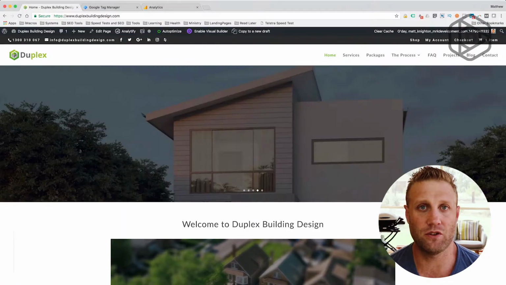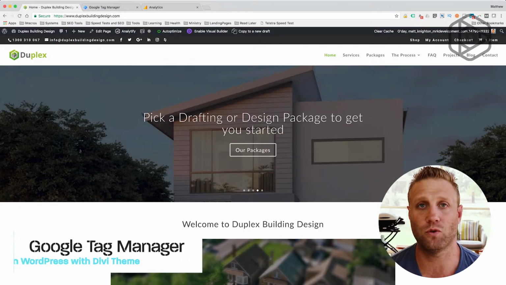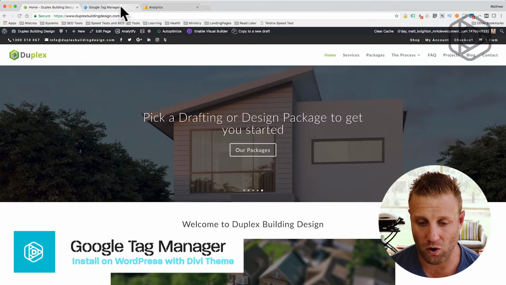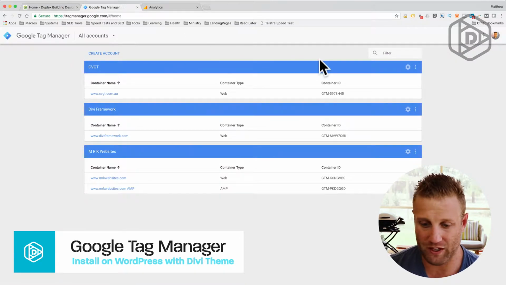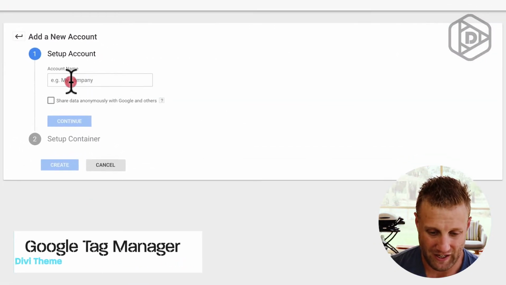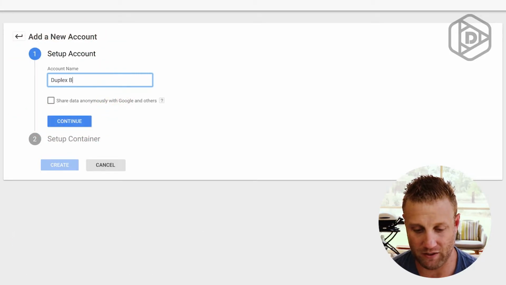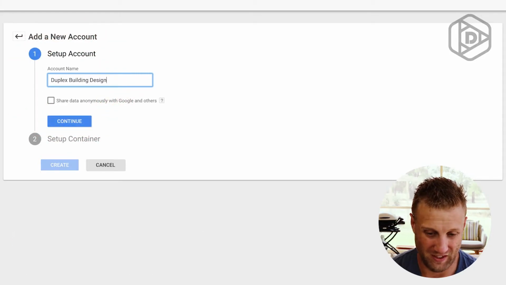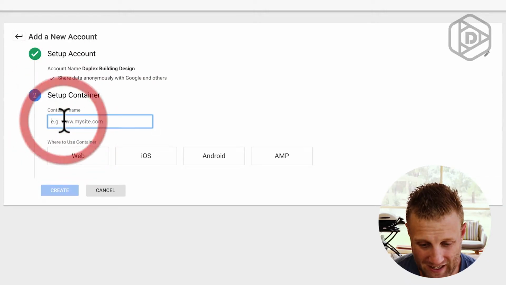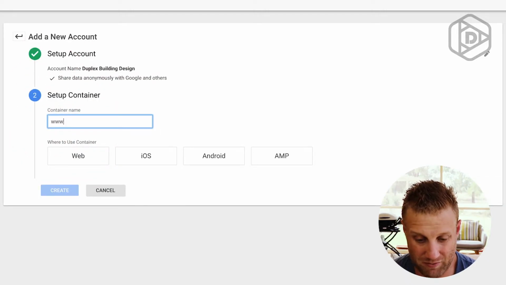So the first thing we need to do, of course, is set up a profile in Google Tag Manager. To do that, you go to tagmanager.google.com, and once you're in there, we need to create an account. So you just simply click that create an account, and this one is called Duplex Building Design. We're going to click that we will share data anonymously, and we're going to basically just say here